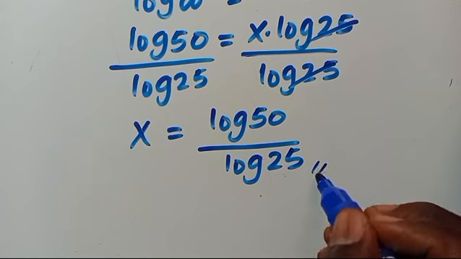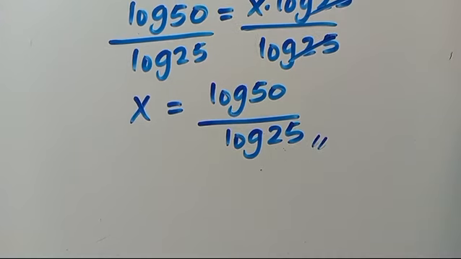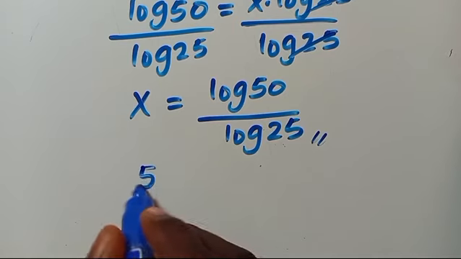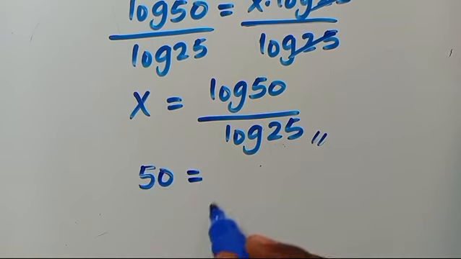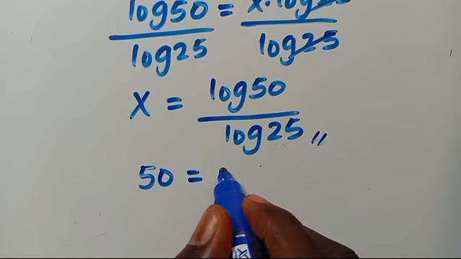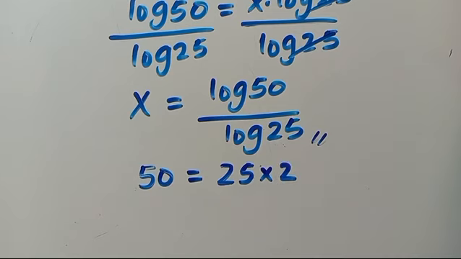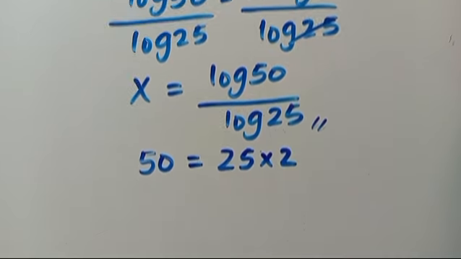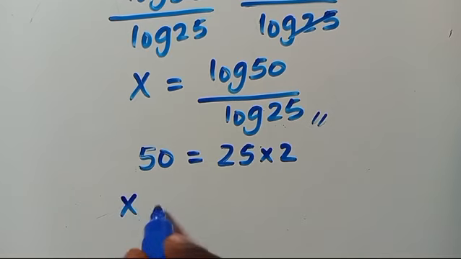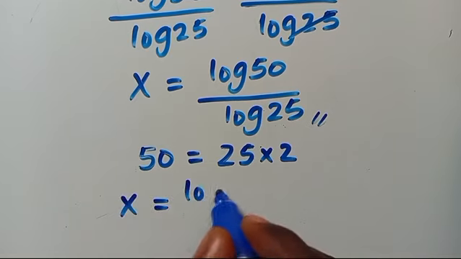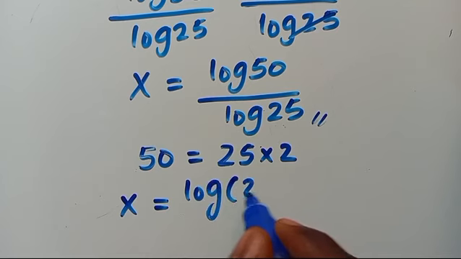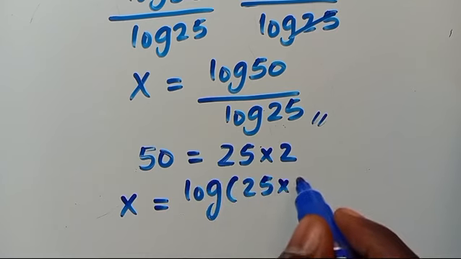Though we can leave the answer like this, to simplify it further, we can have 50 as 25 times 2. So from here, we are going to have x equals log of open parenthesis 25 times 2